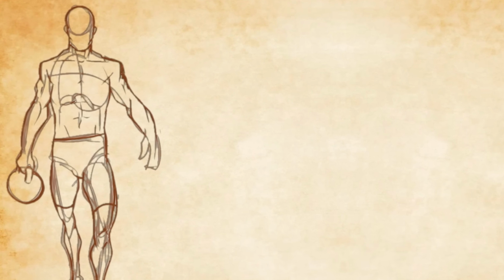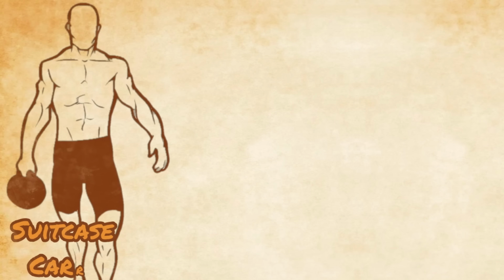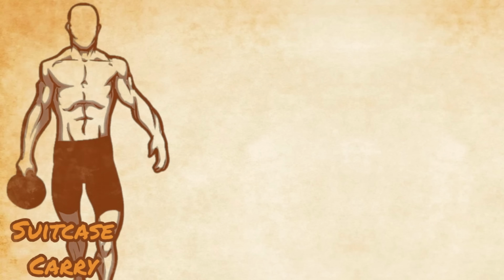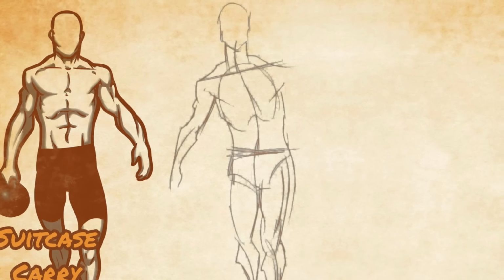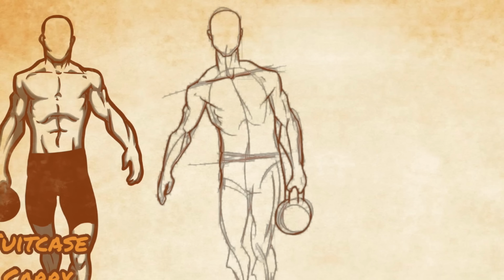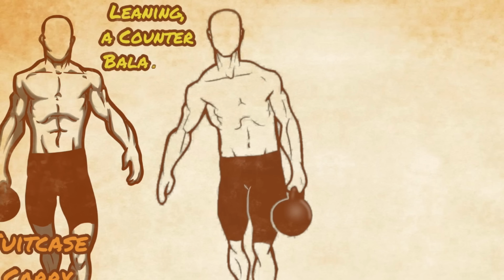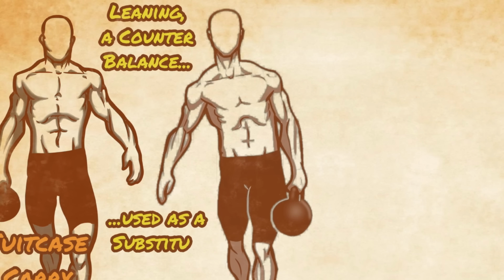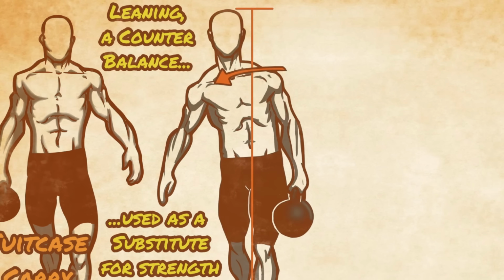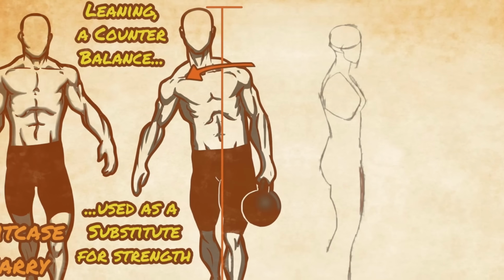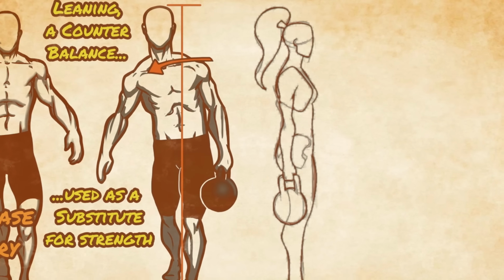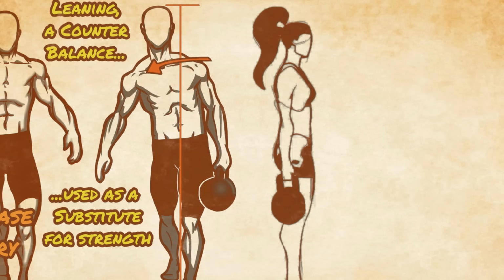The variation chosen for this video, however, is the single arm farmer's carry, often called the suitcase carry. In this case, the weight is imbalanced from one side to the other. This will cause you to want to lean to the other side and distort the spine in order to use your body weight as a counterbalance. However, that would be letting the weight win and dictate the nature of the carry. Instead, the goal of this exercise is to use muscular effort to resist the distortion of the spine and to hold yourself in a neutral and balanced posture.